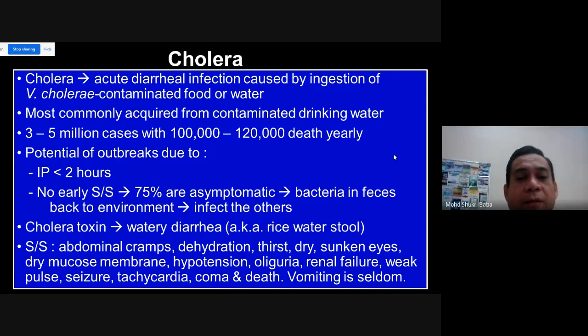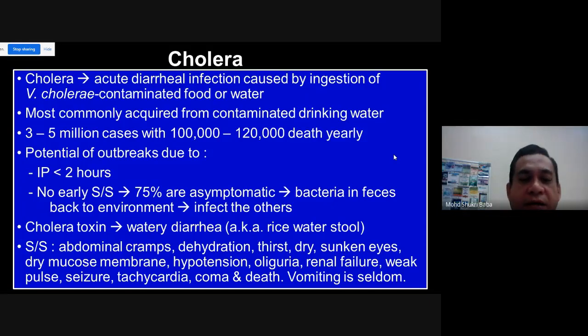Okay, no early sign and symptom, which is 75% are asymptomatic. Therefore, bacteria increases back to environment. Dia ada peluang untuk kembali ke environment dan dia akan infect the others. Alright, so that is the danger of Vibrio cholerae. Alright, they have a toxin, cholera toxin, yang menyebabkan